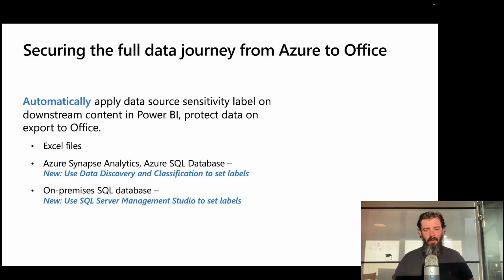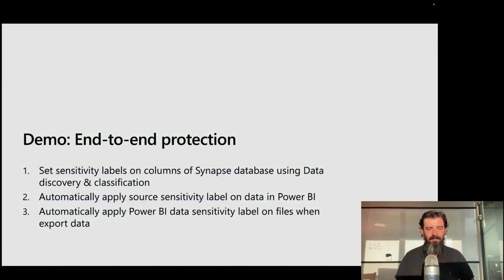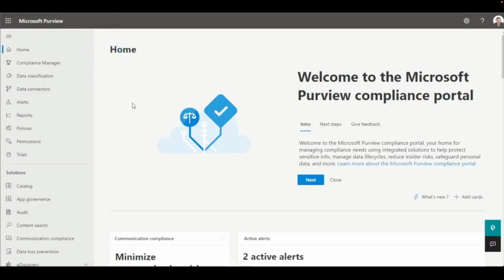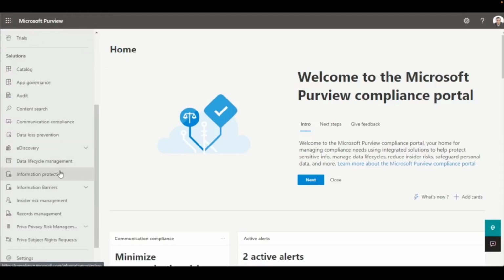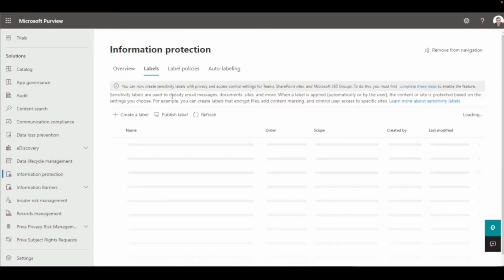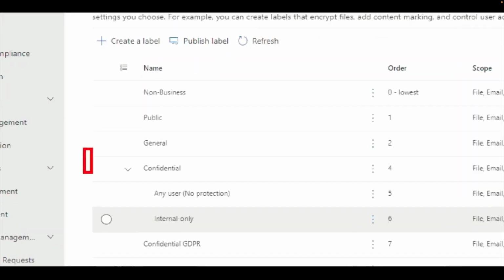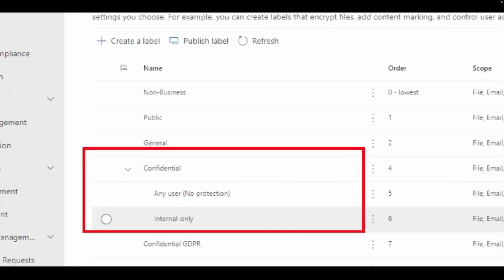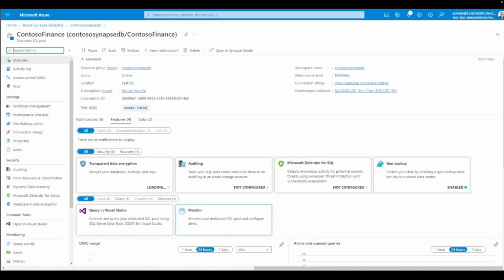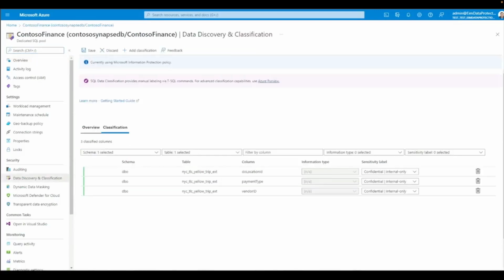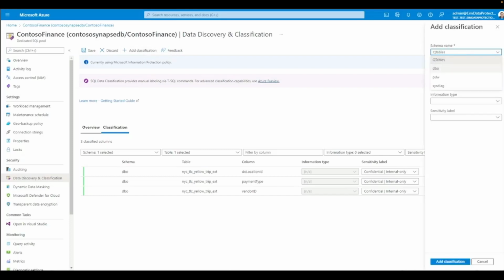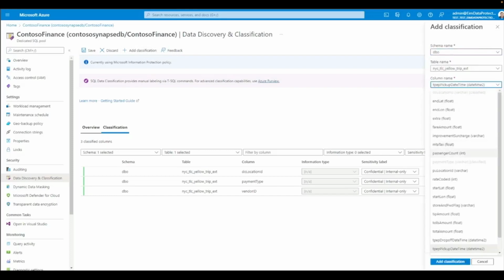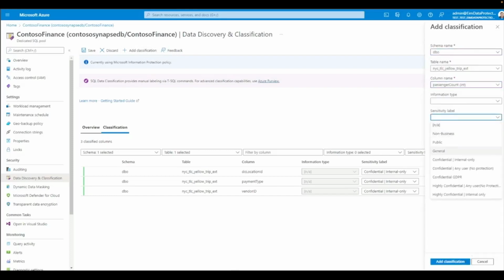Let me show you a quick demo of how this works. Sensitivity labels that can be defined by information protection admins in Microsoft Purview Information Protection and used in Office, Power BI, and Microsoft Purview Governance can now be applied on sensitive data in Synapse. Here I can see how I can apply the same sensitivity labels I use in Office on sensitive data